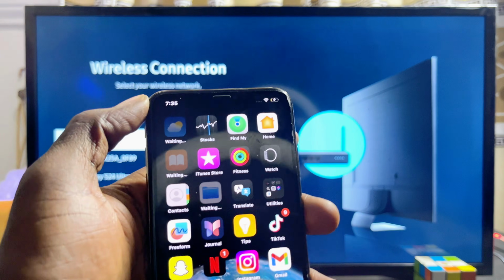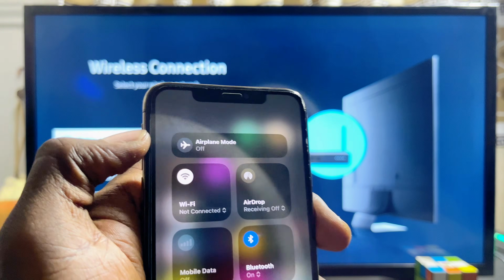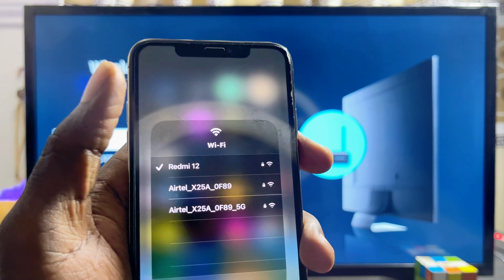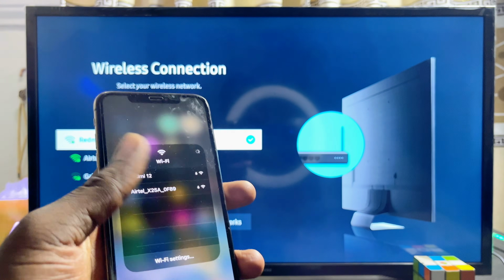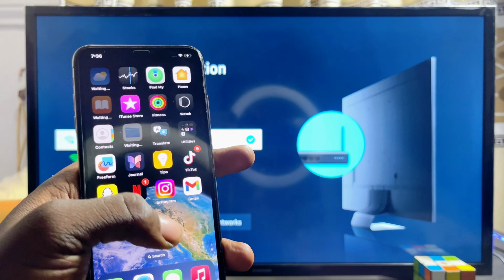And if you come over to my iPhone and swipe down to the control center, come over to the Wi-Fi settings and make sure that my Wi-Fi is turned on and also connected to that same Wi-Fi network or hotspot network. As you can see, my iPhone is connected to that same Wi-Fi network that my TV is connected to. Now once that is done on your iPhone, you want to head over to the App Store